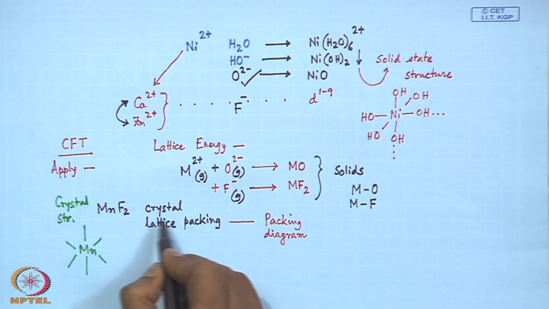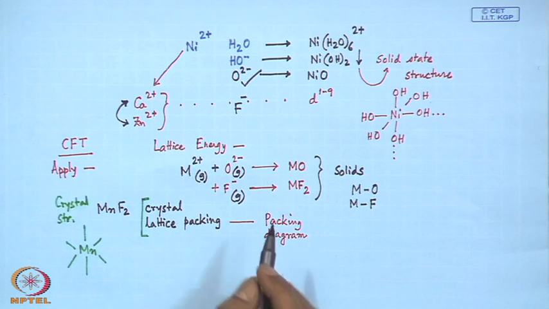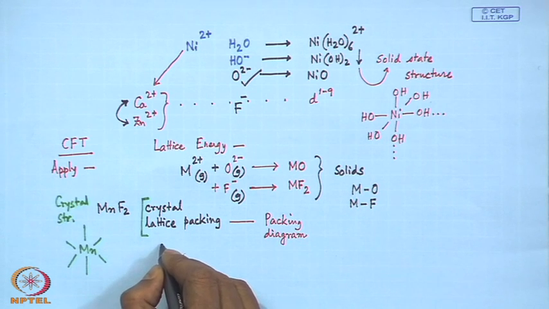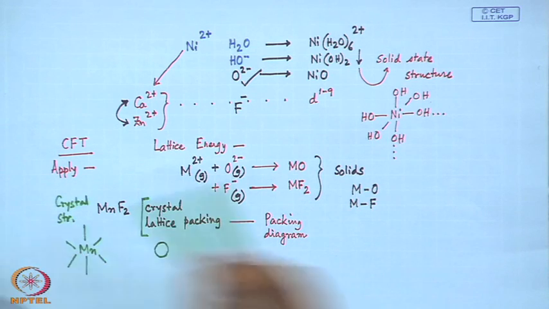This crystal structure gives us the corresponding crystal lattice, and that crystal lattice packing gives us the corresponding packing diagram, where we see that instead of behaving as a simple anionic group, this fluoride anion, the F minus,